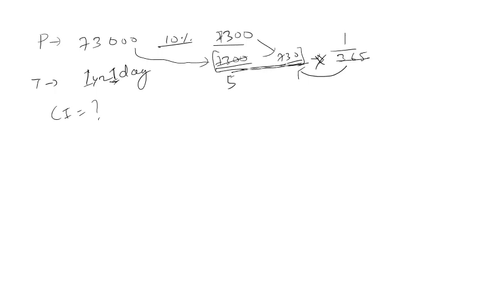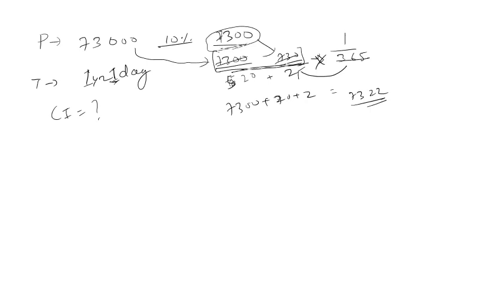5 now. Sorry, this is 20. This is 20. Okay, 20 and this is 2, right? So it is coming out to be how much? This is coming out to be 7,300 plus 20 plus 2, that is 7,322, right? First year interest you have to take completely because it's asking for 1 year 1 day.